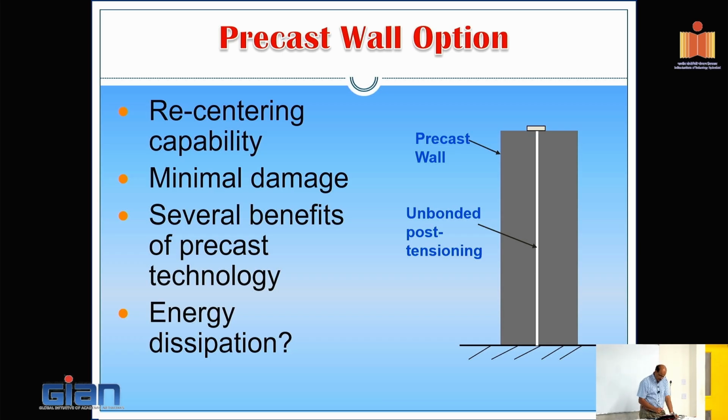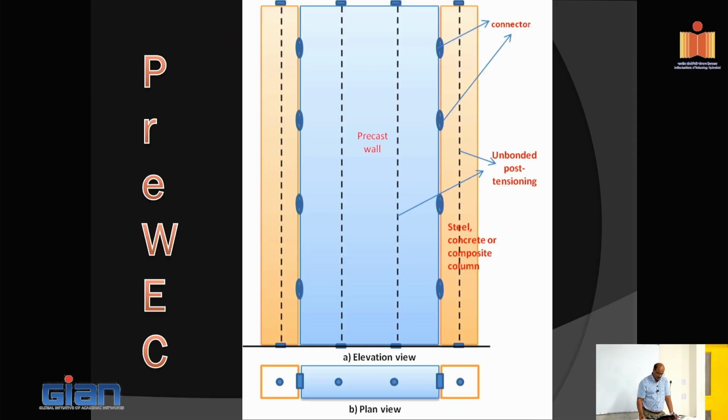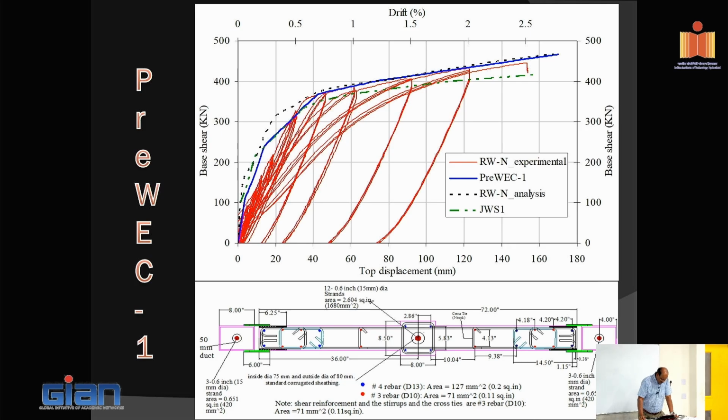You have looked at some of these yesterday, what the PRESSS system did and then what we did as a PreVec system. The main benefit of the PreVec is that we introduced these couplers. If you are interested in matching the responses, you have to take the resistance from the cast in place wall and design the appropriate amount of post-tensioning to match the resistance. So what you see here is